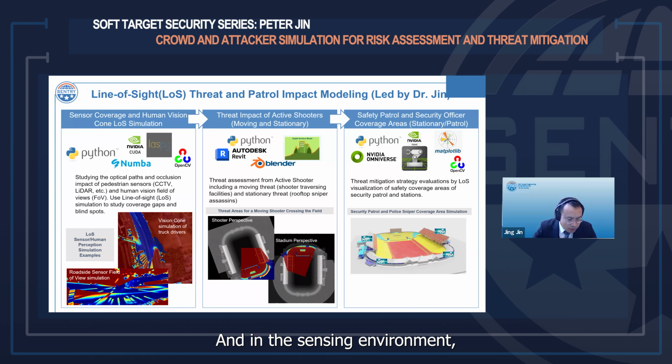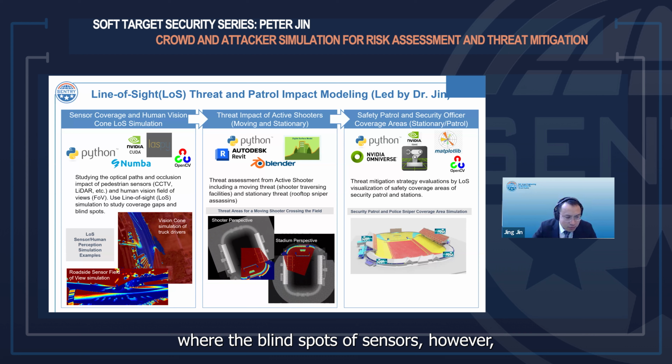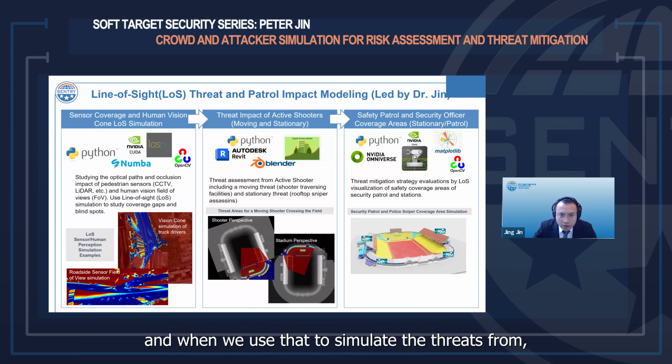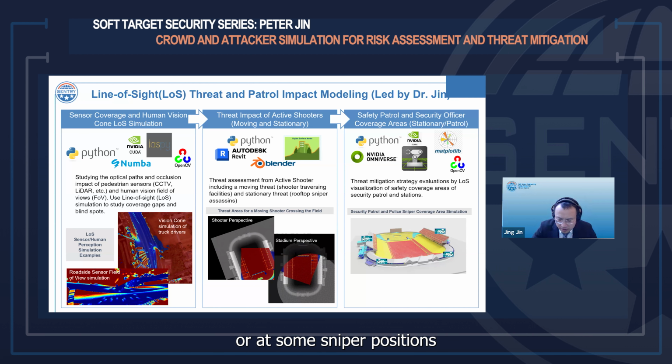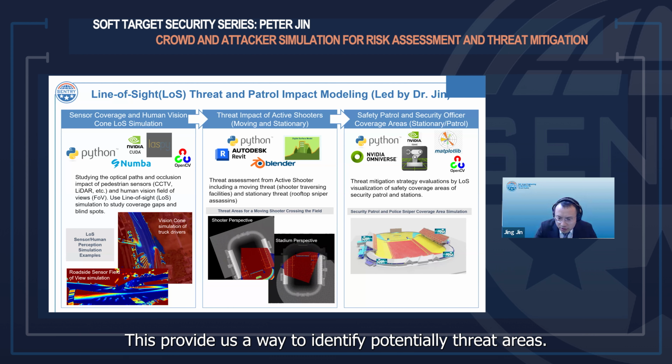In the sensing environment, this identifies the coverage limitation and where the blind spots of sensors are. However, when we use that to simulate the threats from, for example, gun shooters, either traversing through a stadium or at some sniper positions like in the Trump assassination, this provides us a way to